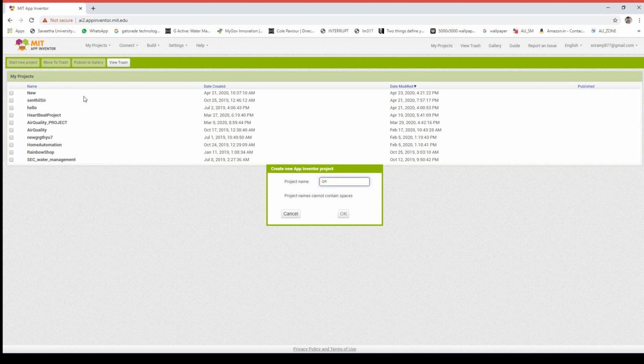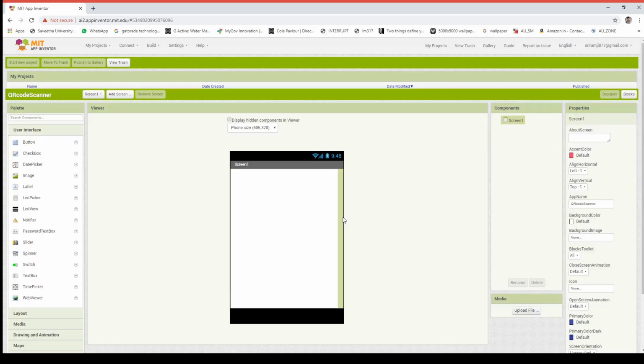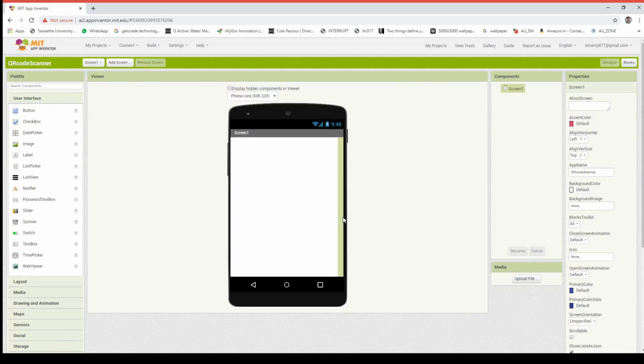Or else it will be an error. After finishing project setup, it will move to the Designer page.